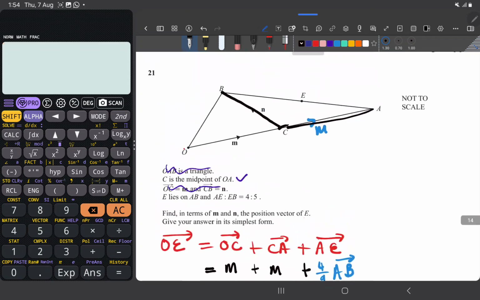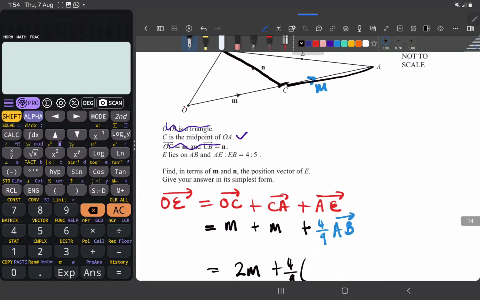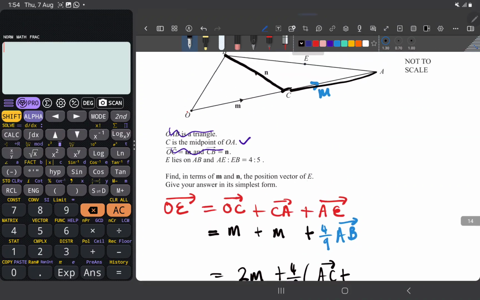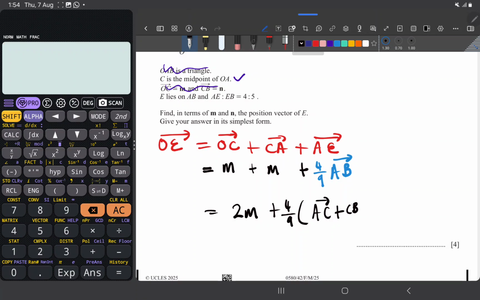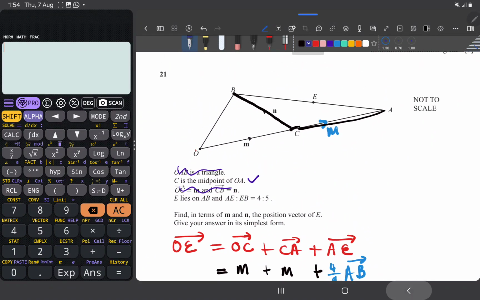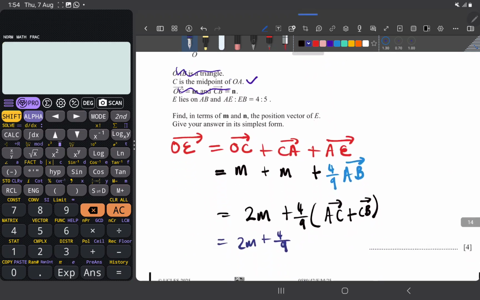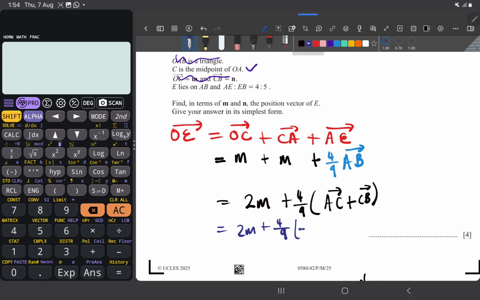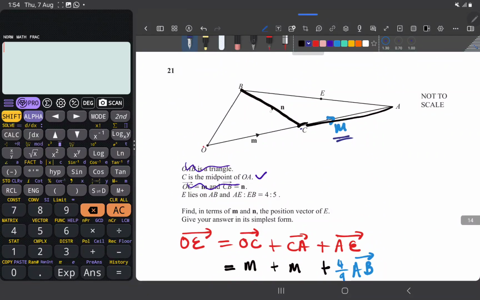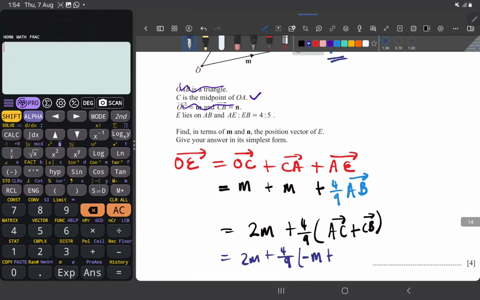And what is AB? To come from A to go to B, it is AC plus CB, which is going to be equal to 2m plus 4 over 9 of... What is AC? Now I'm coming from A going to C. To come from C to go to A is an m, so A going to C is a negative m. So this is plus 4 over 9 multiplying minus m plus, what is CB? To come from C to go to B, it is in the direction of n. So plus n,